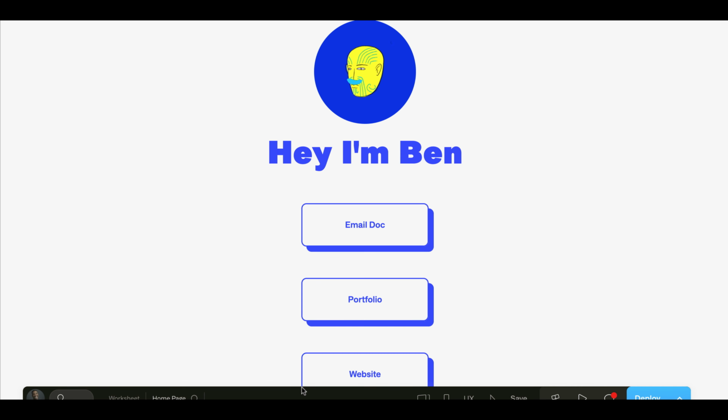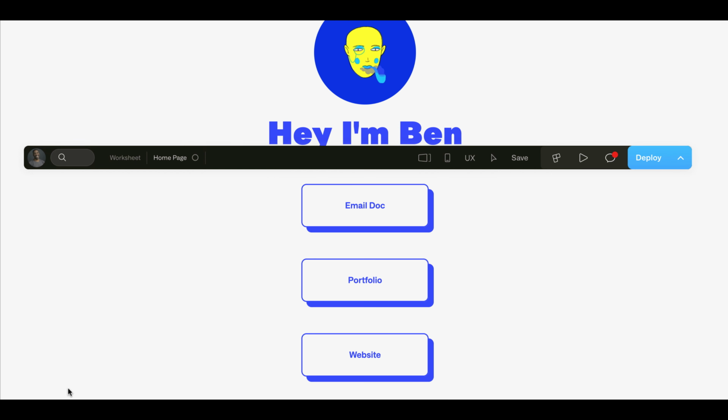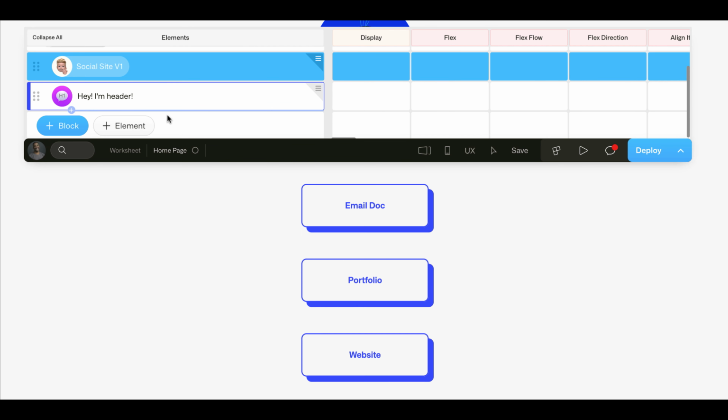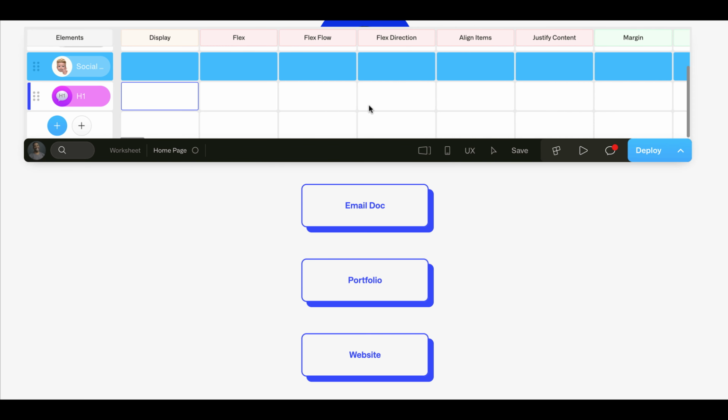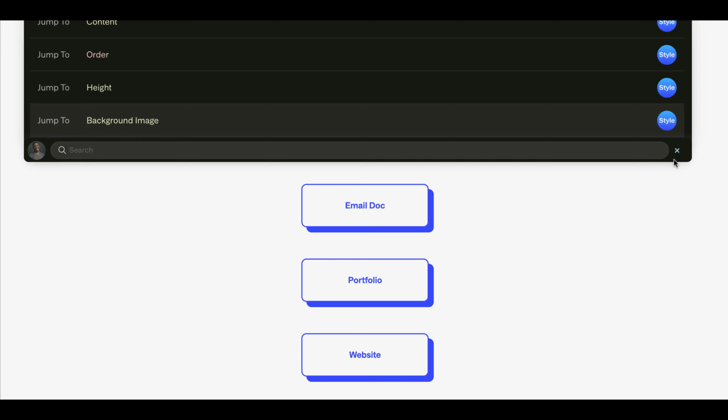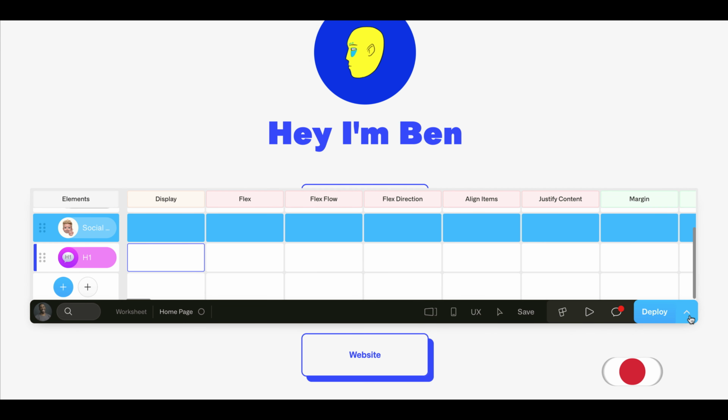Let's move that here. Scroll. And you see how right here, hey, I'm a header. And you notice that it's right there. Now I can decide if I go across to edit it and decide how I'm going to have it interact with the site. I can center it. I can do all these different things. But in another video, we're going to be talking about the command palette and being able to take full control and be able to move around and change the different elements and the different blocks the way that I want to.